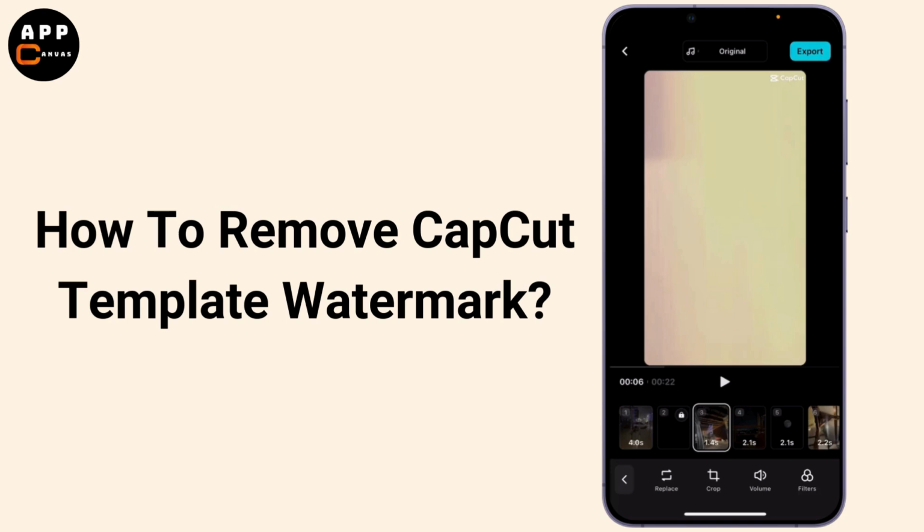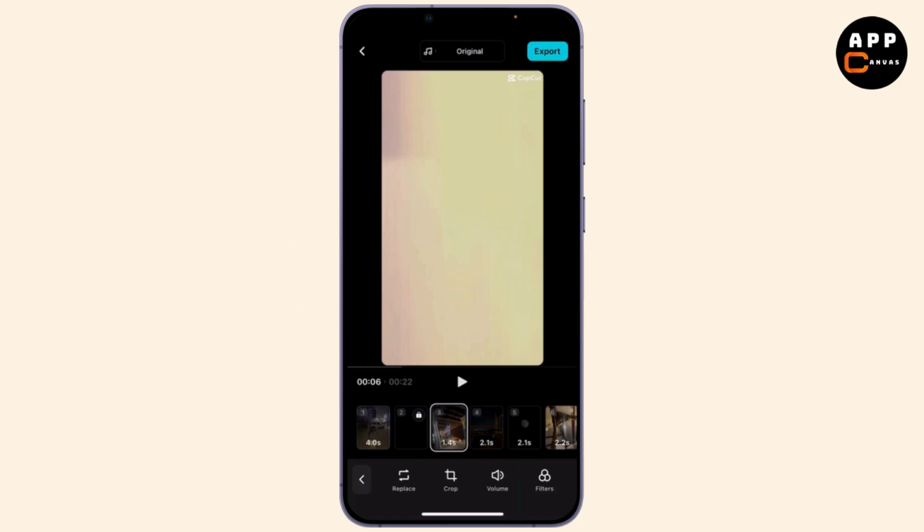In today's video, I'm going to show you how to remove the CapCut template watermark from your videos. If you've ever used a CapCut template and ended up with that annoying watermark, I've got you covered, so let's jump right in. First, open the CapCut app and make sure you're logged in and go to your project or